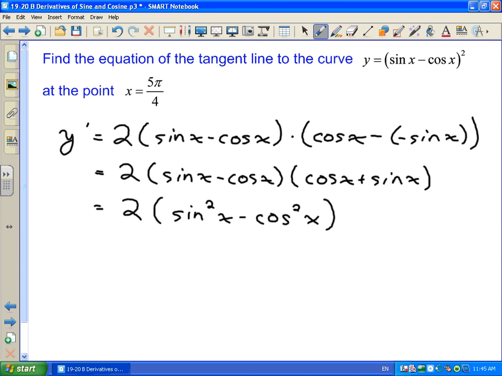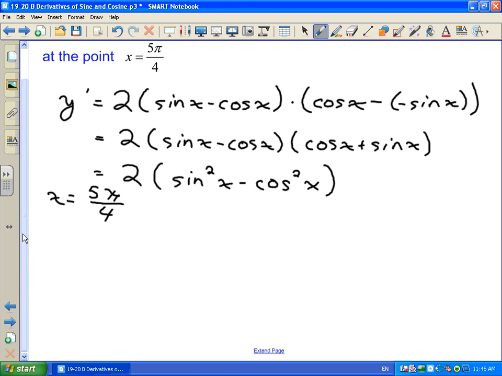If it was a plus sign in the middle, it would be equal to 1. But it's a minus sign. Alas. So we've got our derivative here. What do we want to do with our derivative now that we have it? So we sub in x equals 5 pi over 4. So what I would do is I would evaluate